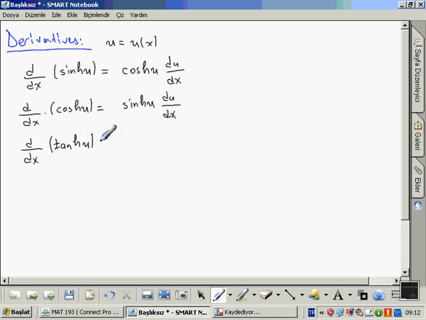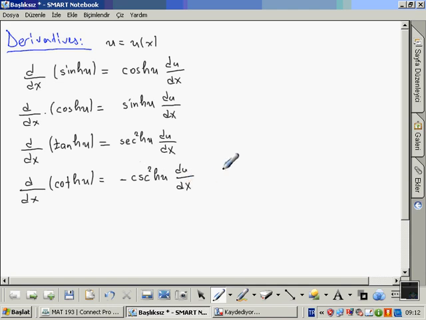And the derivative of tanh u equals sech² u ∂u/∂x, and the derivative of coth u is equal to minus csch² u ∂u/∂x,